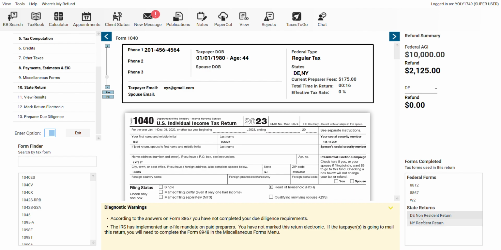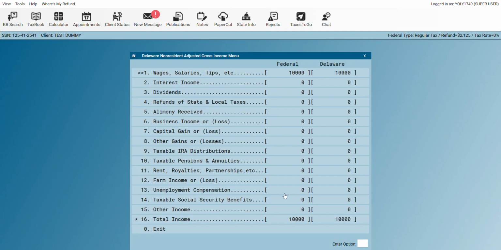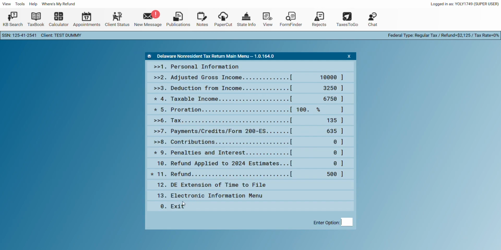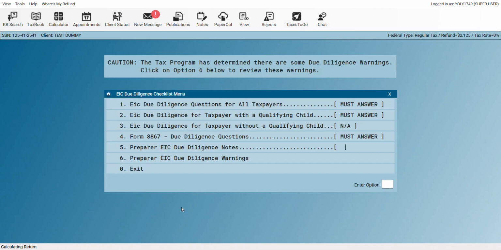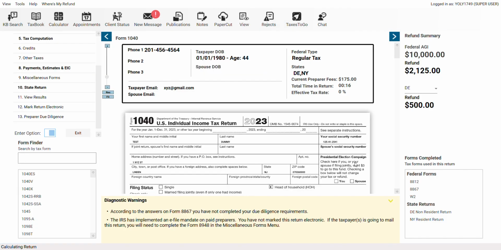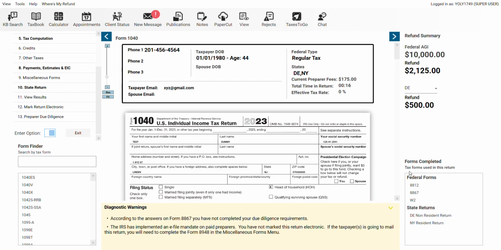So they live in New York and earned income from Delaware. So you have to do 2 states and you have to specify which one they're from. I'm gonna go back to the Delaware one. And they're gonna get a small refund based on their W-2. Okay, so here you have the federal AGI